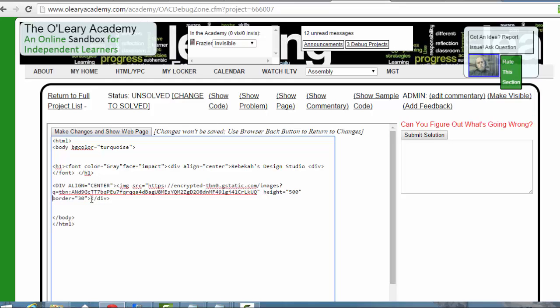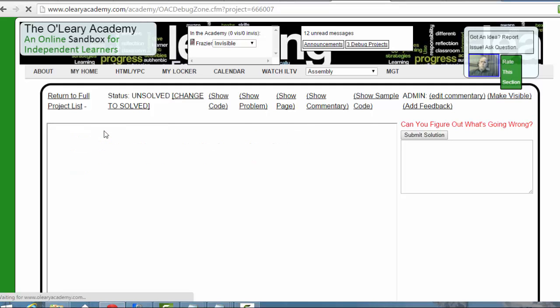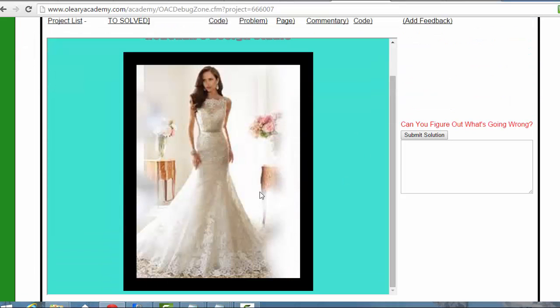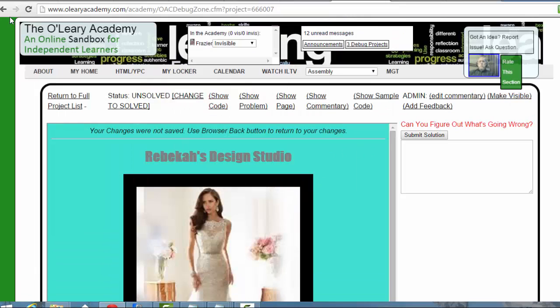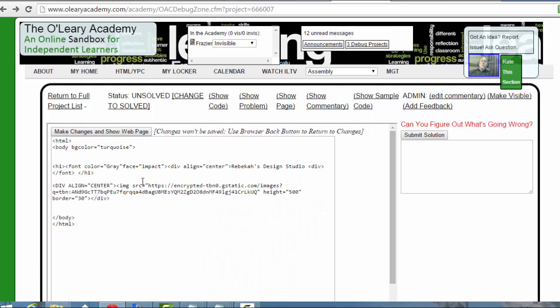But let's take a look here. So what she wants to do is make her image border change color. And remember, if you make changes, you want to go back. So let's see if we can do what you'll do with a style tag, and that's in your bonus section. We'll change this border and we'll do style,